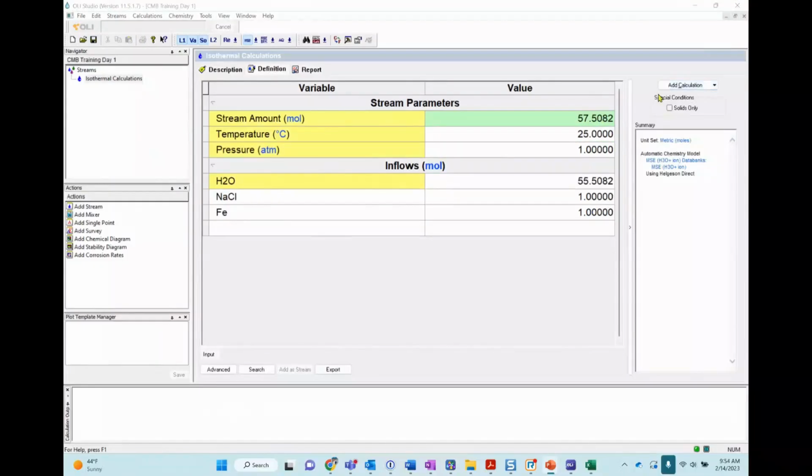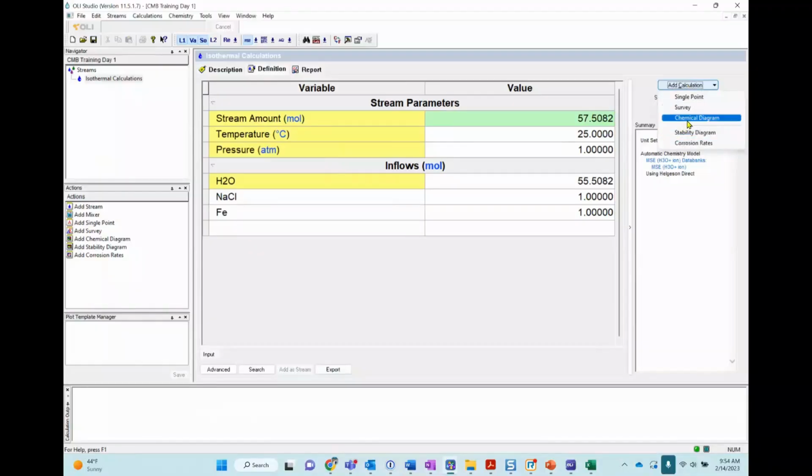You'll see here to the right, there is a button that says add calculation. And there are several options: a single point, a survey, a chemical diagram, stability diagram, and a corrosion rate. We are going to learn how to do single points, surveys, stability diagrams, and corrosion rates.